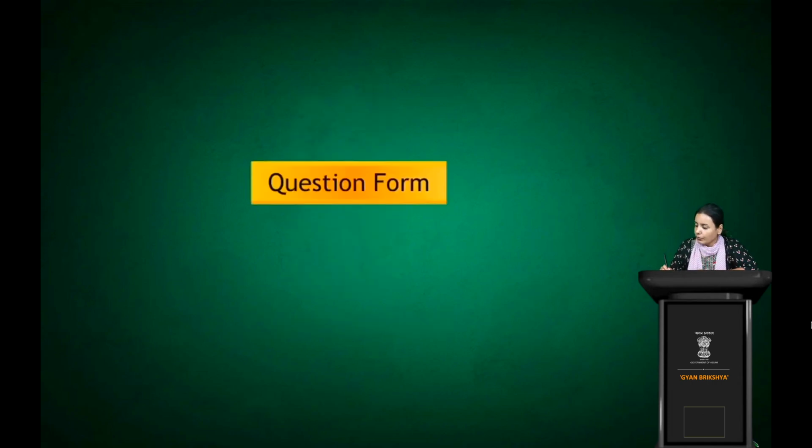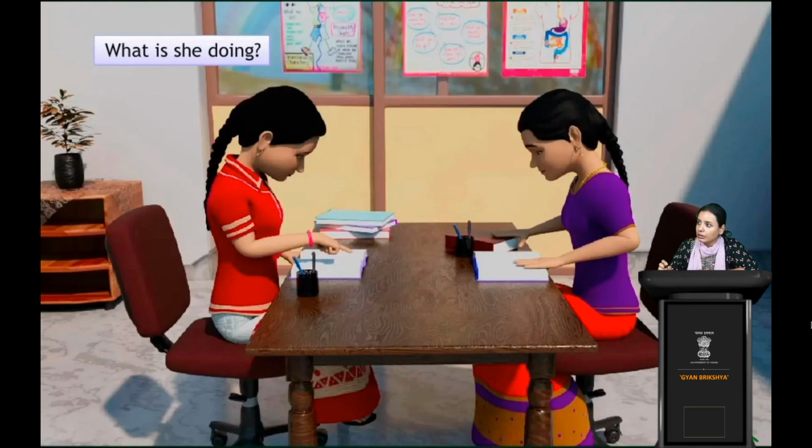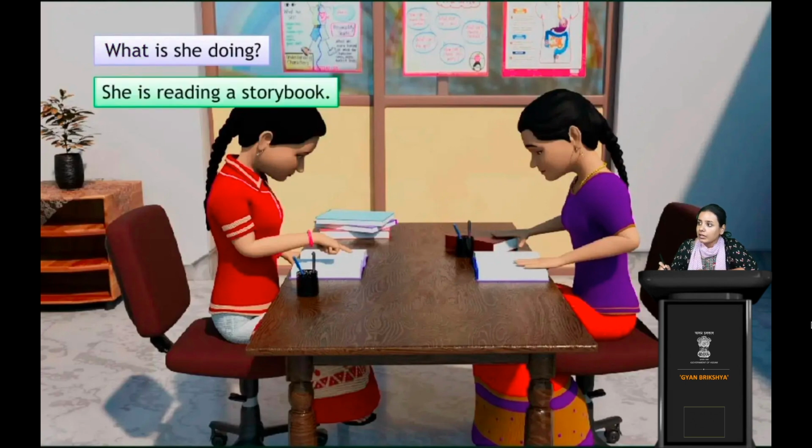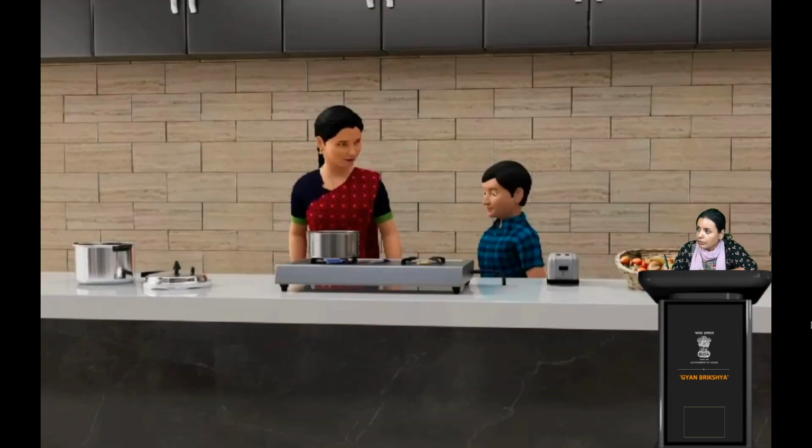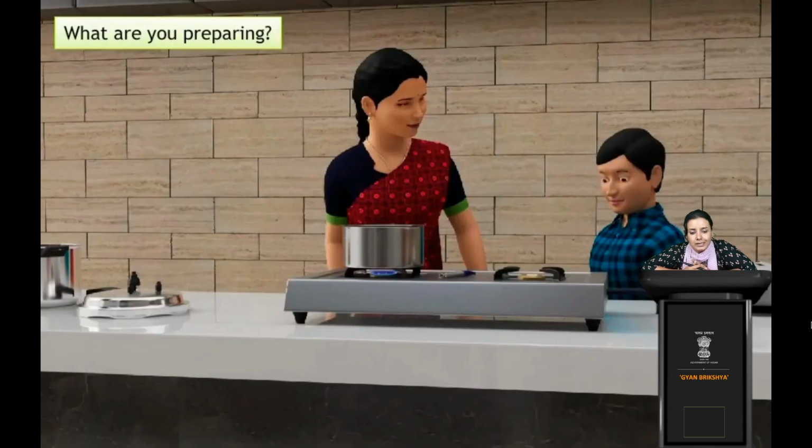So the question form we have just seen. What is this? She is doing. What is she doing? So this is the question what. Then she is reading a storybook, right? This is the question what is she doing, and that was the answer that she is reading a what? Storybook. Very good. Now is reading is verb form, the present V1 form, and reading, read verb plus ing, right? So is reading.